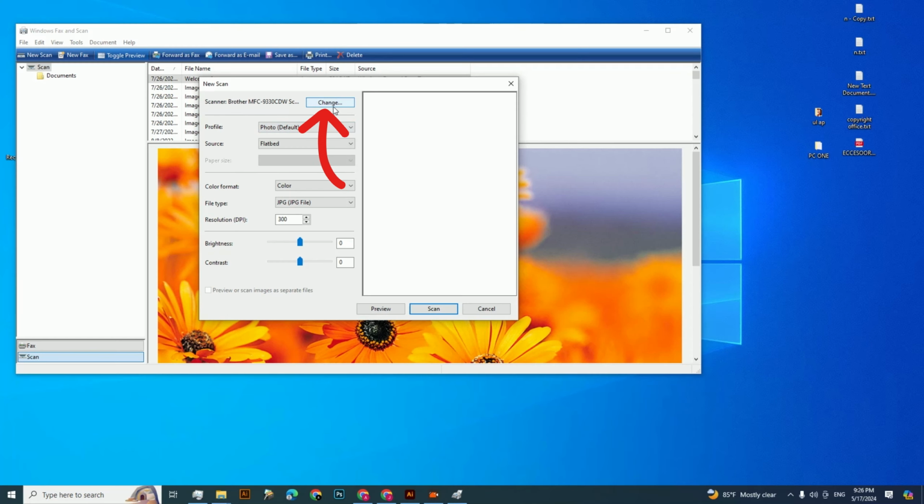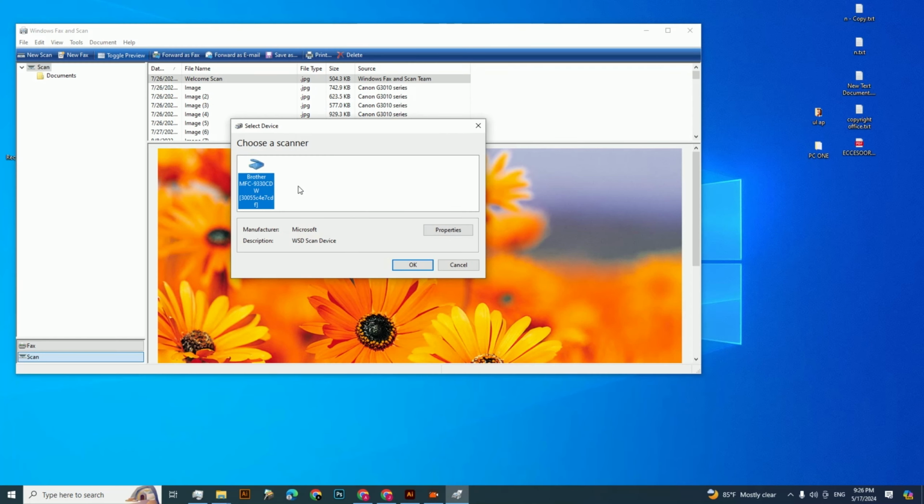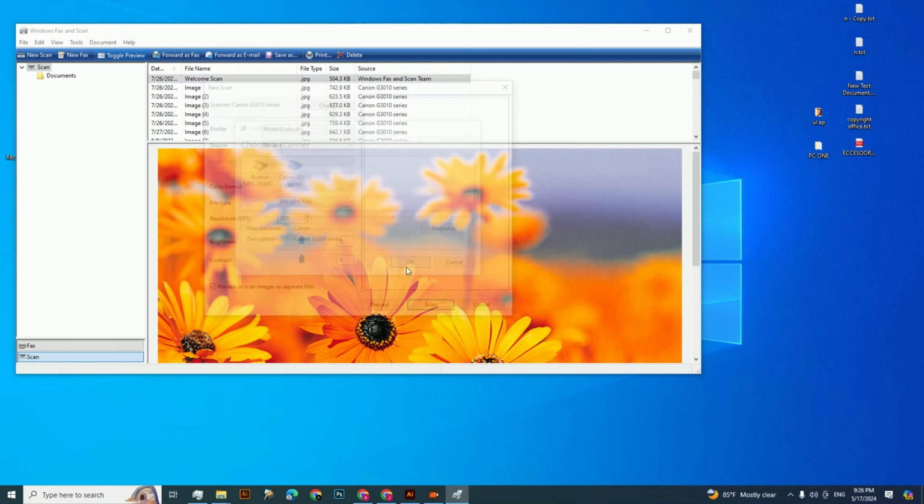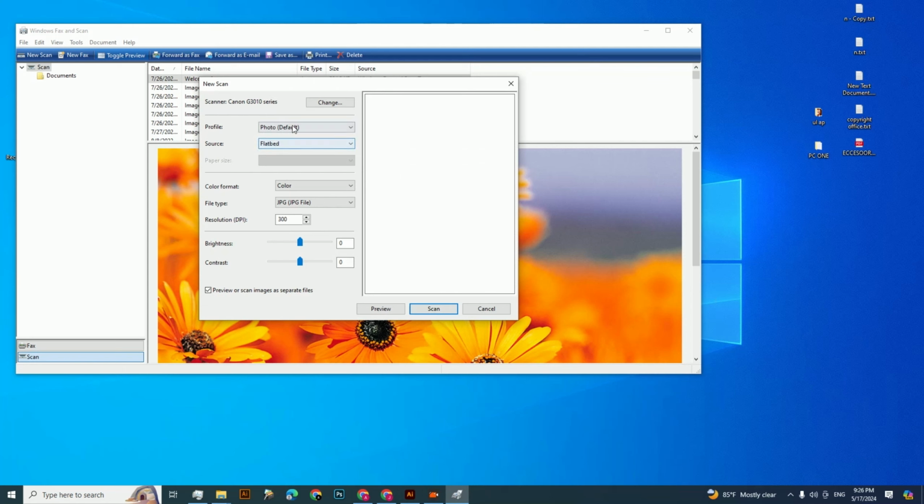Click on it and then here you get some options. Select the printer, which printer you want to select and scan with it. Just select the printer and click OK, and there you can see the document name. Select the document and then select if you want to scan it as JPG, PNG, or which format you want to scan